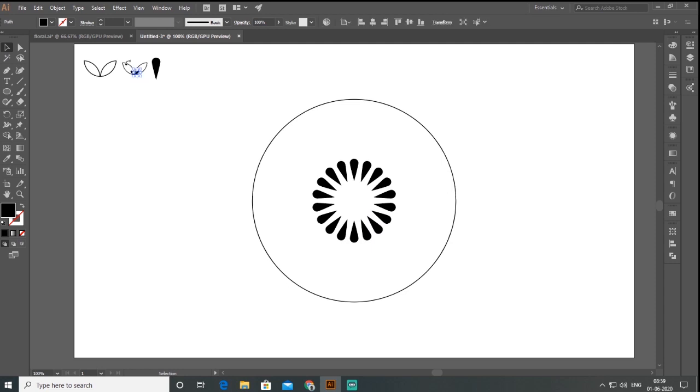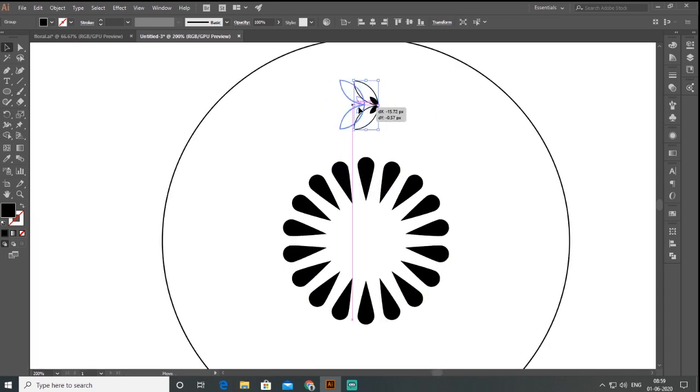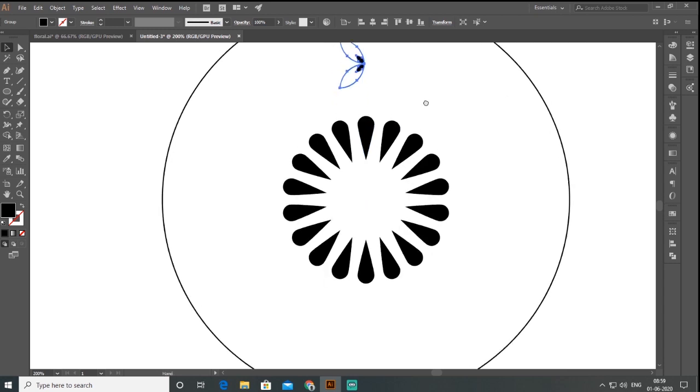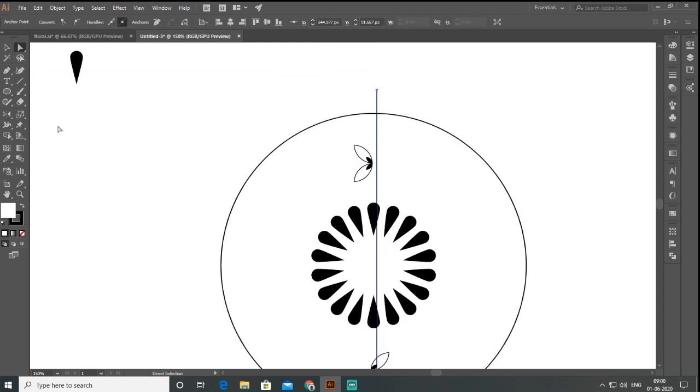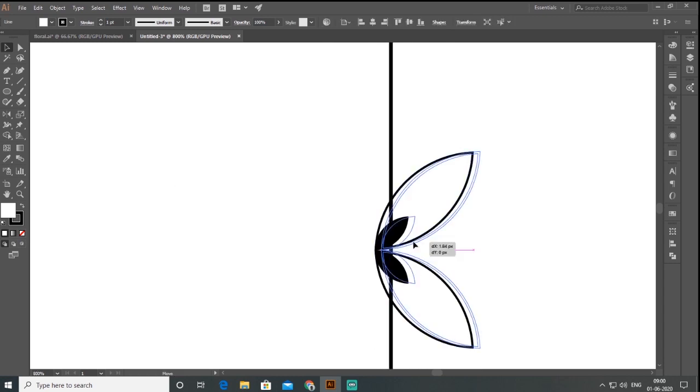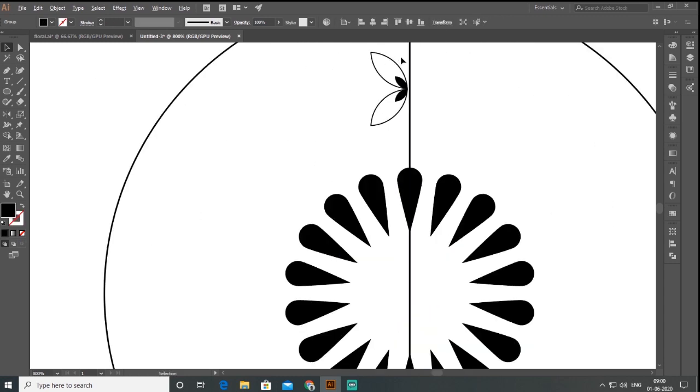Then I need these shapes. I just select all these shapes and group them, right click, group, and I just bring it here, right? And I rotate it 90 degrees, and then I want to make this type of shape, right? Okay, then I copy this and I want to reflect this one. So reflect this one, and I need a line, right? So I just align them like this and like this.